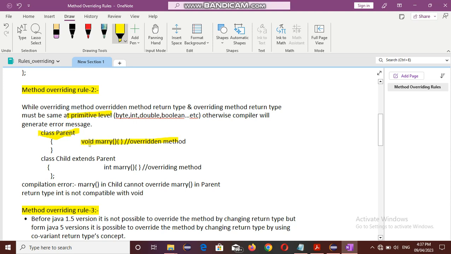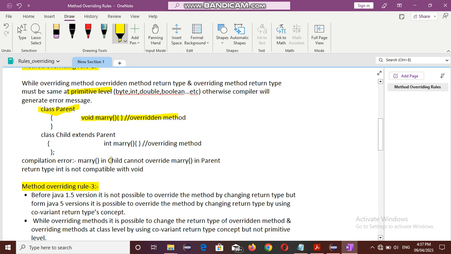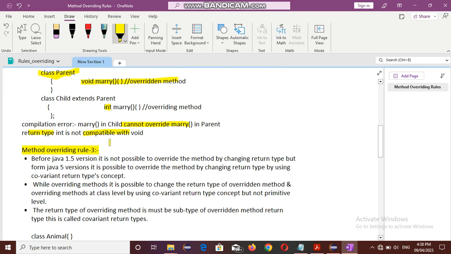But the return type in the parent class is void and in the child class it is int. So the marry in the child cannot override the marry in the parent, as the return type int is not compatible with void. The return type must be the same at primitive level, so void should be present here.